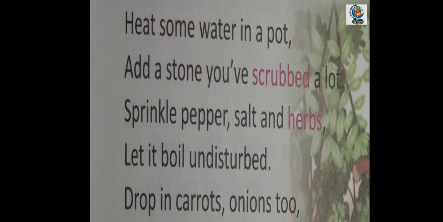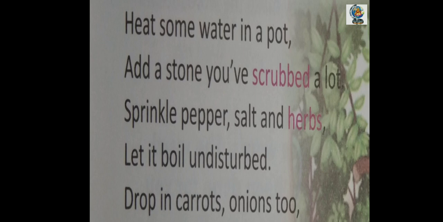Scrubbed. Repeat it. Scrubbed means cleaned. Sprinkle pepper, salt and herbs. Pepper means not a book paper.